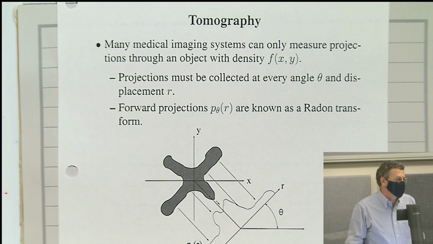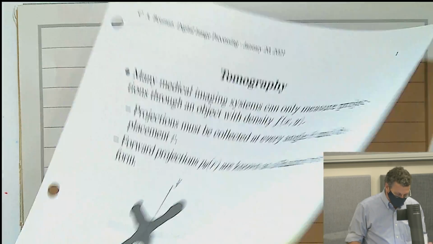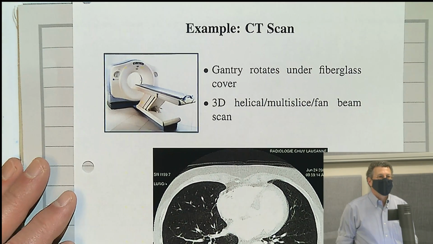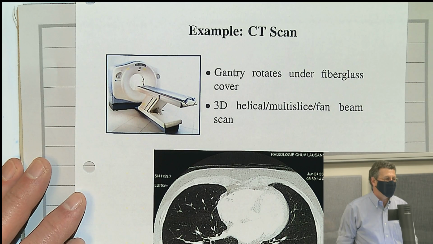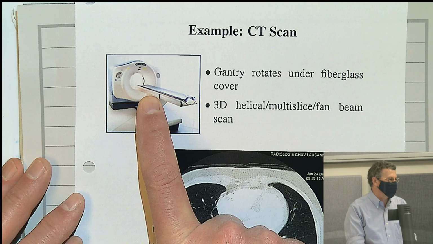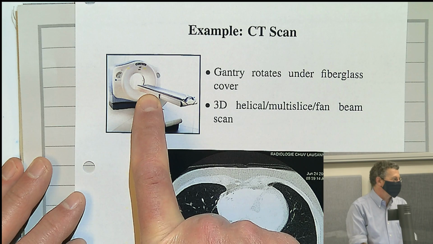I think it's more interesting when you're talking about applications. So it kind of breaks it up a little bit. And tomography. So hold on, let me go ahead and show you this. I know I have a picture somewhere. This is what's called a CT scanner. People confuse CT and MR scanners. Why? Because they both basically look like big white donuts, okay? So a CT scanner stands for computed tomography. And MR scanner stands for magnetic resonance imaging, okay?